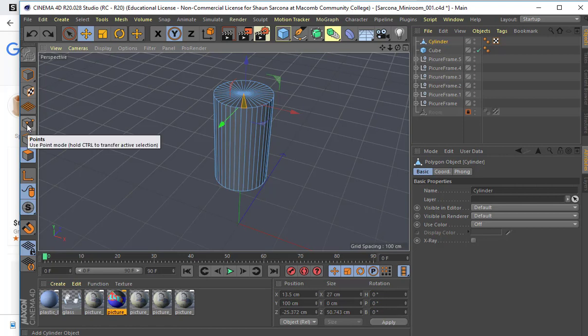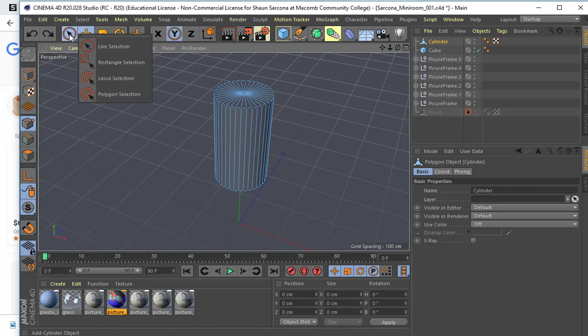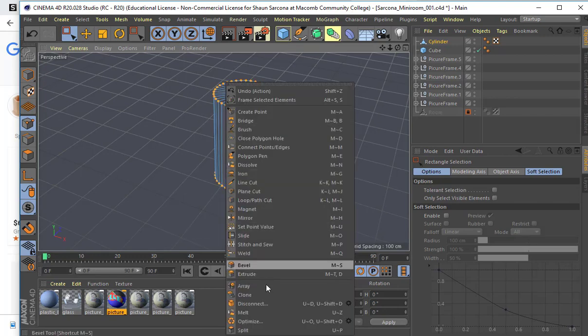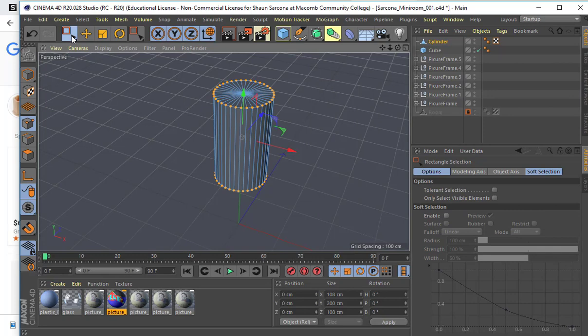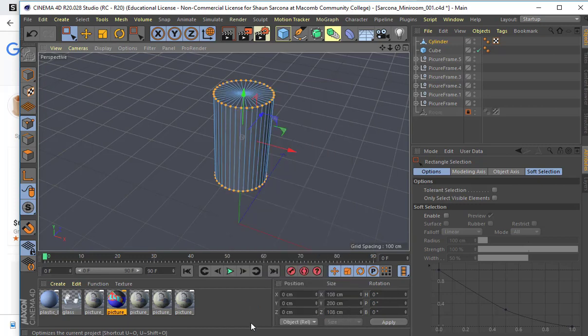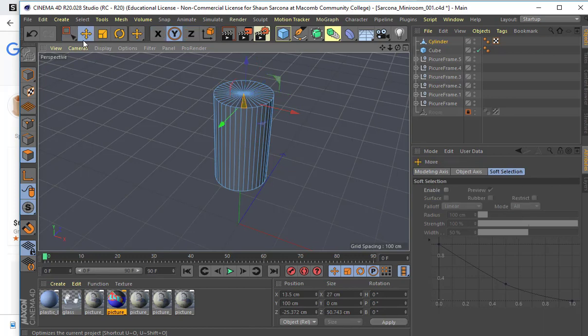So I'm going to switch to my point mode, switch to my rectangle selection, grab everything, and then just do a right click and optimize. So I switch to points, switch my selection to marqueeing, grabbed everything, and then I just right click and optimize. What that does is if there's points on top of points, it puts them together, okay? So it just makes your life a lot easier because now if you wanted to, let's say, grab the faces on top here,